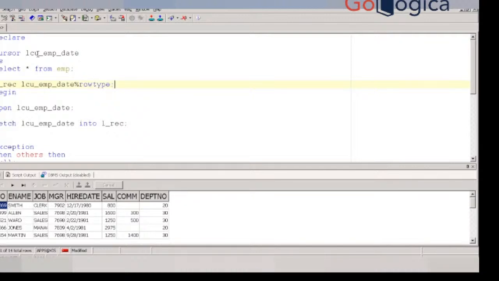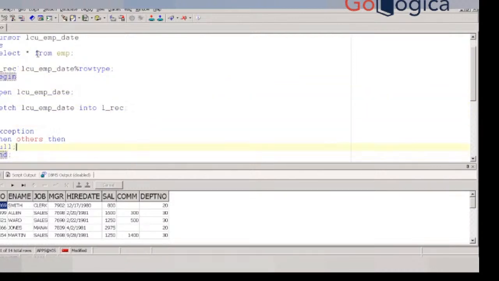Is it fine? Yes, sir. What next now? In fetch, we display the output using DBMS_OUTPUT. But here you are getting one record or multiple records? Multiple records, sir. Multiple records, how are you going to do it? What do you need to use? Loop. Right. For loop, for I in